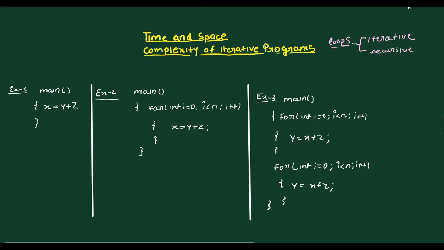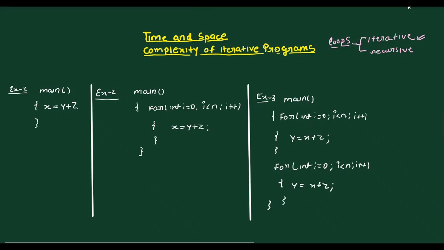In the recursive way, we try to call the function over and over again with some stopping condition to give us a pseudo kind of loop. So the first analysis will be about iterative programs, and in general how to calculate the complexity of iterative programs. Let us look at the first question.